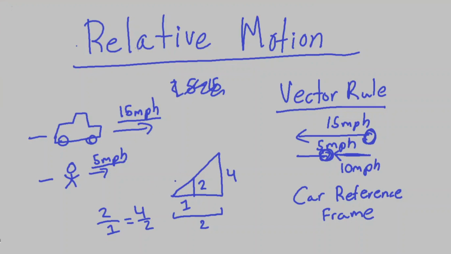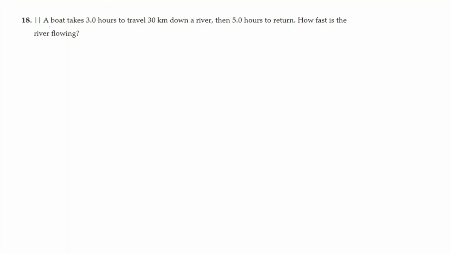When you have relative motion in 2 dimensions, you do want to know how to use similar triangles or the Pythagorean theorem in order to find relative motion, whether it be a hypotenuse or something. Alright, so for number 18, we have a boat that takes 3 hours to travel 30 kilometers